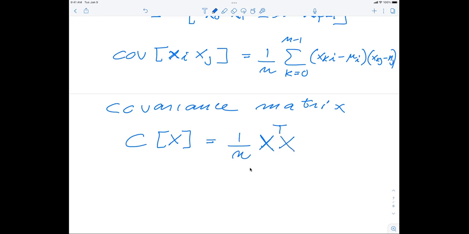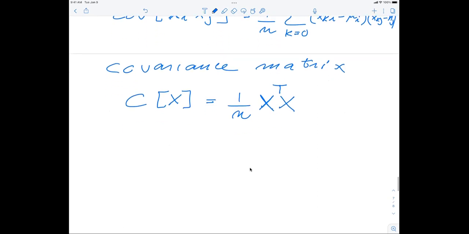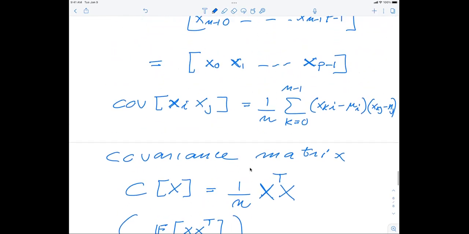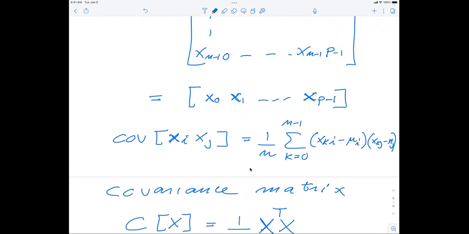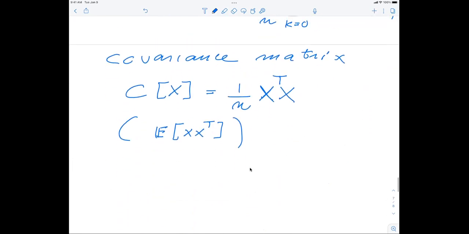Alternatively, you can write it in the way you will see in many statistics texts in terms of the vectors. So you would also see this as the expectation value. And now this is a lowercase letter x, written in a more compact way, of x times x transpose. So keep in mind now that the vector x, which you see, is defined like that. So when you're calculating a matrix, you have to take the outer product. And that's why we have x times x transpose. But when I'm setting this up as a matrix, and I invite you just to check it, it's going to